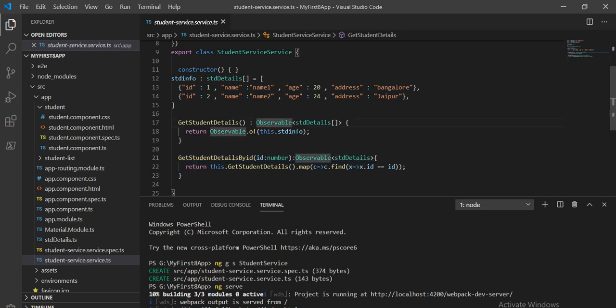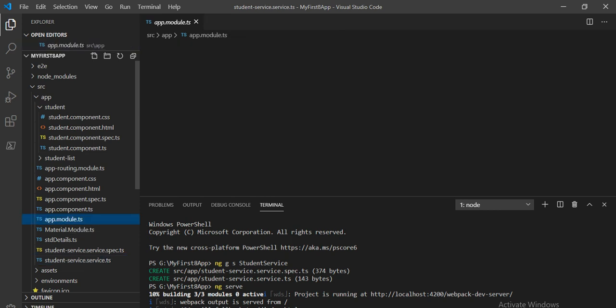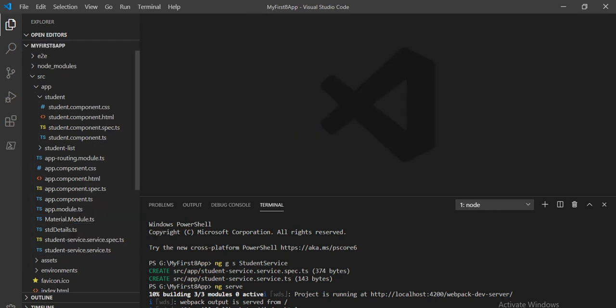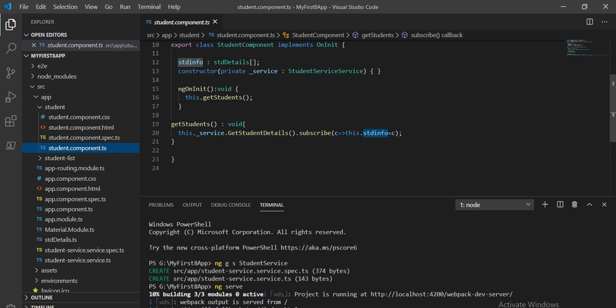Next we imported this service under the app.module.ts, like we have registered this service under the providers array. And next, under the student component.ts we are calling the full data, so we are going to show the full data on the browser.